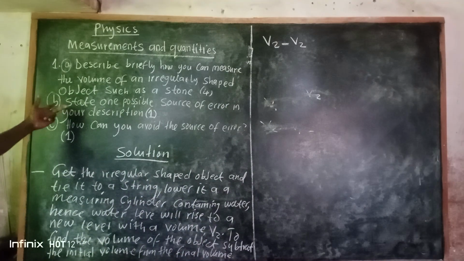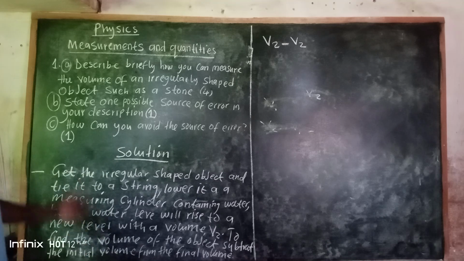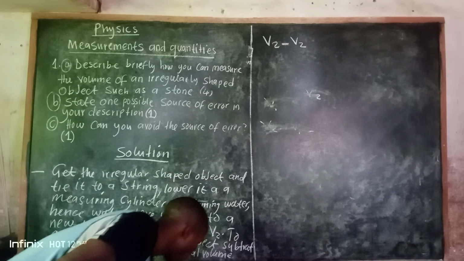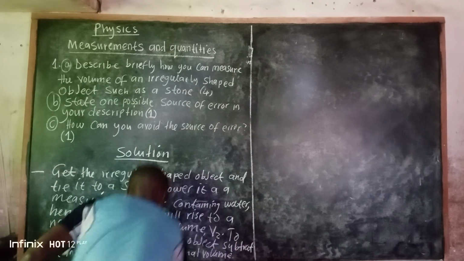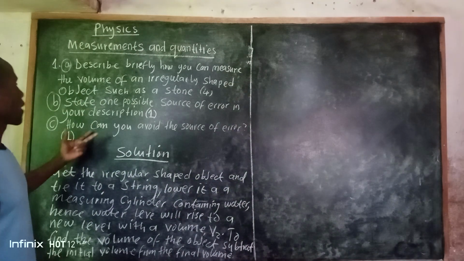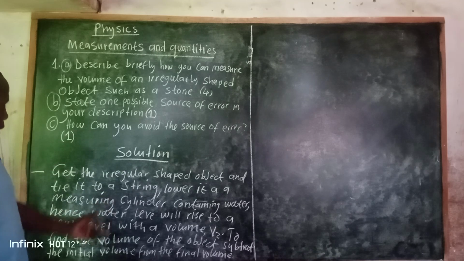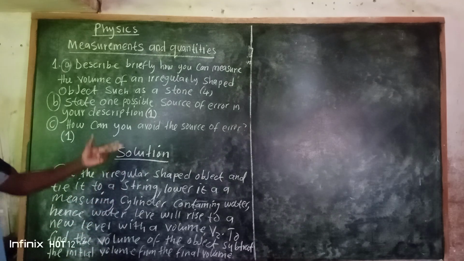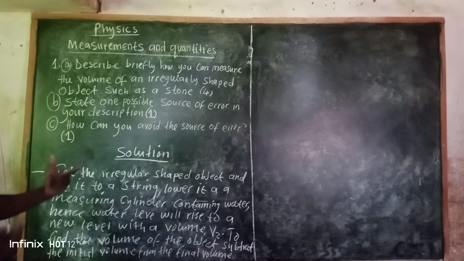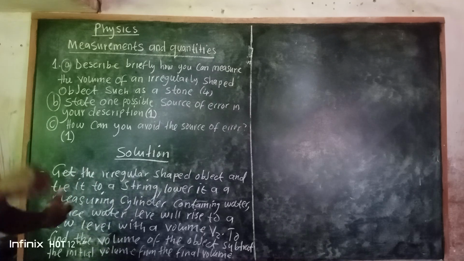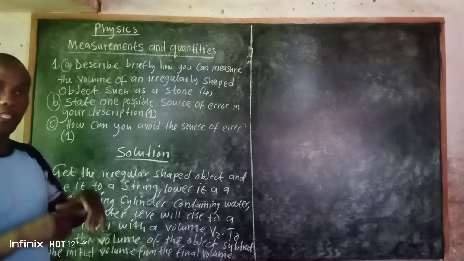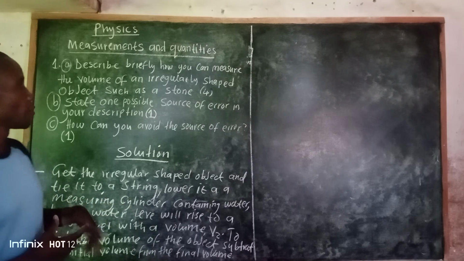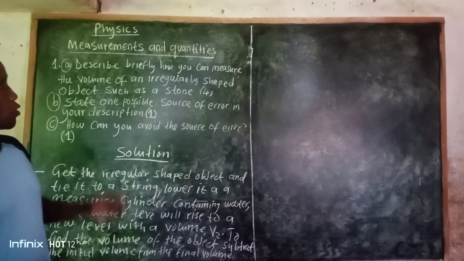Question B is saying, state one possible source of error in your description. Just one possible source of error in my description. Remember here, in our description, I was talking about the string that you are supposed to tie to that irregular object, then you lower it into water. So one possible